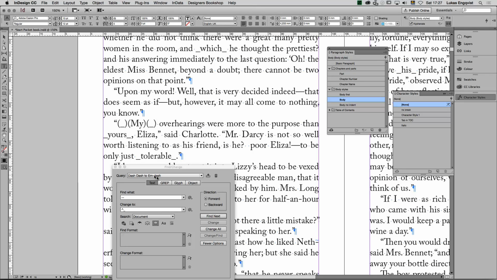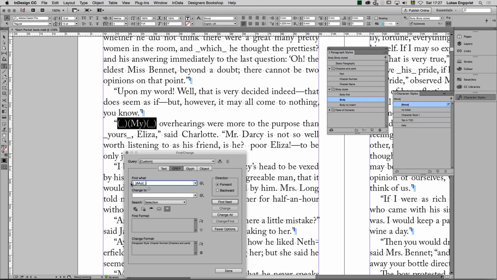And using the grep search, I can actually use, just as I have here, brackets to be able to find any given text. If I look at this, I will copy this text here and go into grep, and I will paste with my brackets exactly the text that I had there. The first group, the delimiter that starts the italic text, the second group, the text I want to keep, and the third group is the end of my text. If I search for this using the find search, you will see,